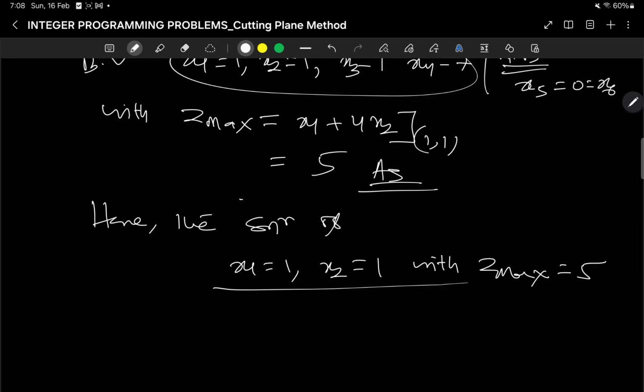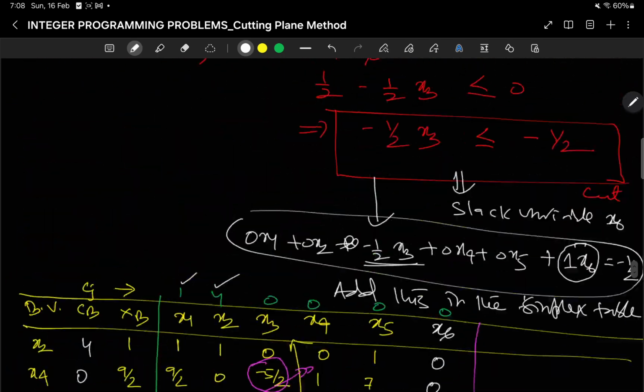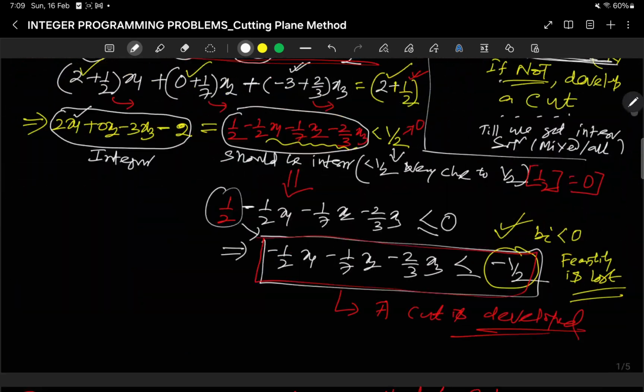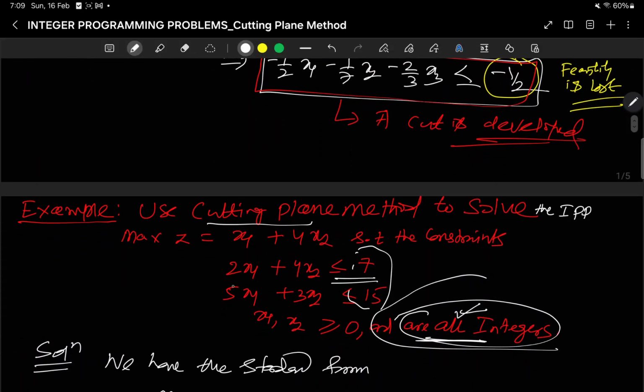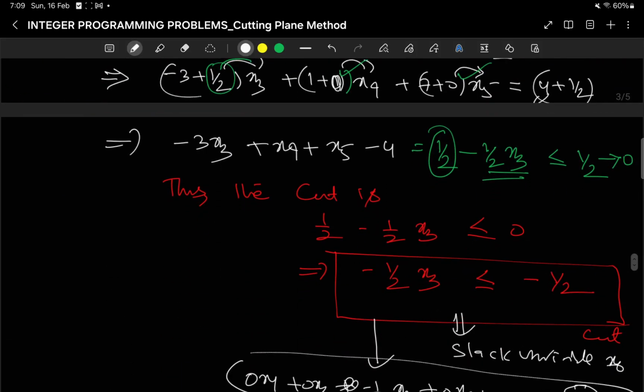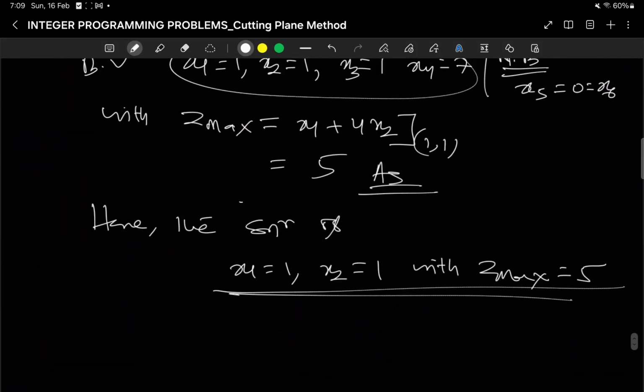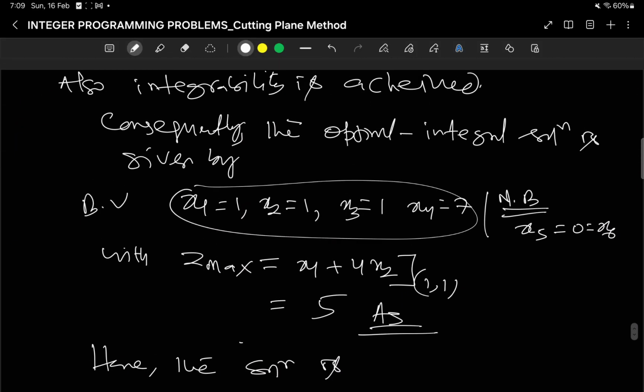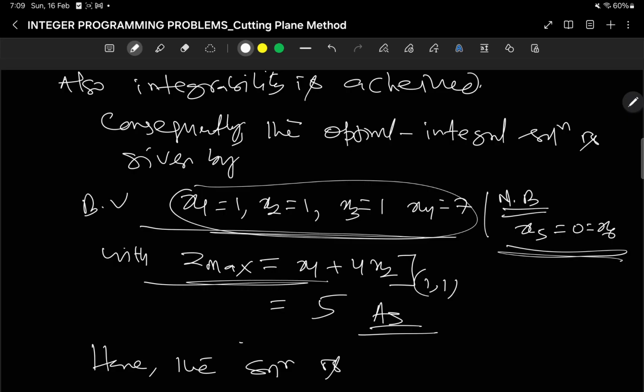This is the solution as per the given question, because in the given question you have here x1 and x2, right, or you may write everything, basic solutions, non-basic solutions, and optimal solutions with optimal z max,